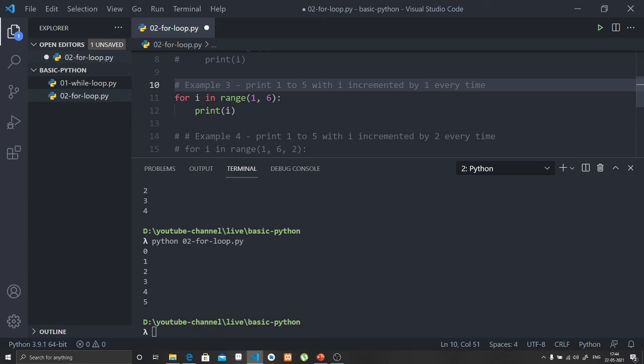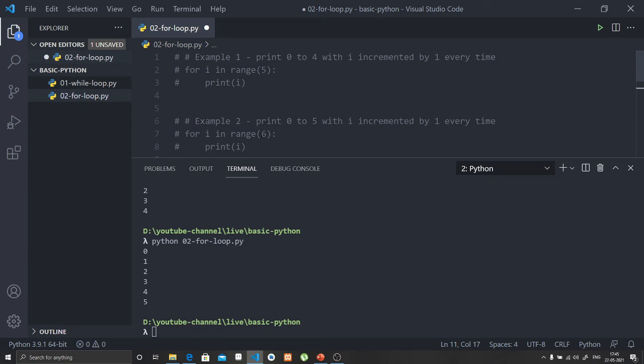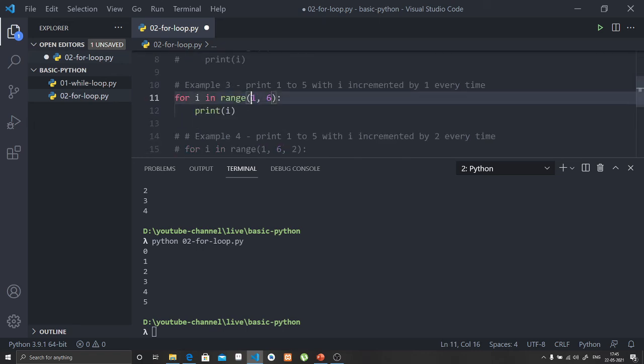By default the step value is 1, so we don't have to pass anything, but we have to pass the start value here. You can see that in the previous examples we haven't passed the start value because the start value is by default 0. Now as we have passed the start value, it will start from 1 and print till 5.